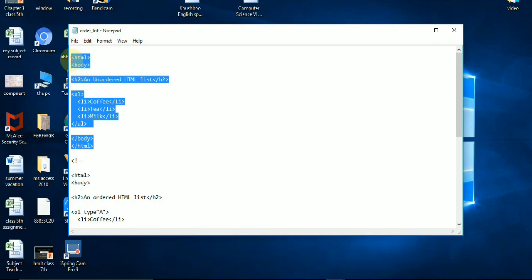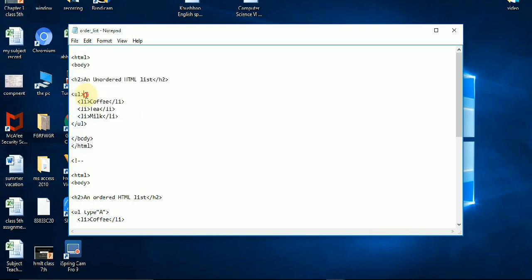For the unordered list, the HTML code is written with the UL tag, as we already know. Here are some list items that will show in the browser when we run it.